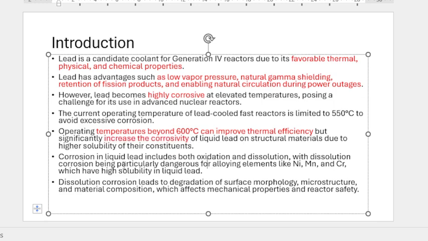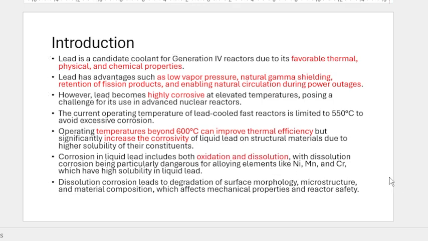Corrosion in liquid lead includes both oxidation and dissolution. So there are two main corrosion types, with dissolution corrosion being particularly dangerous for alloying elements like nickel, manganese, chromium, and also iron. Dissolution corrosion leads to degradation of surface morphology, microstructure, and material composition, which affects mechanical properties and